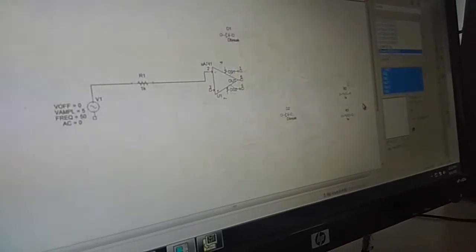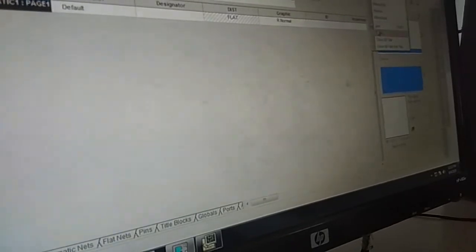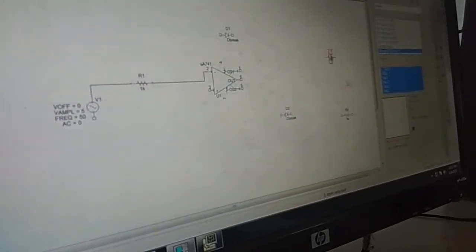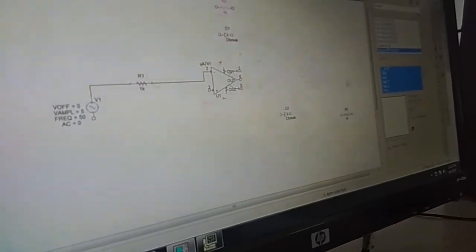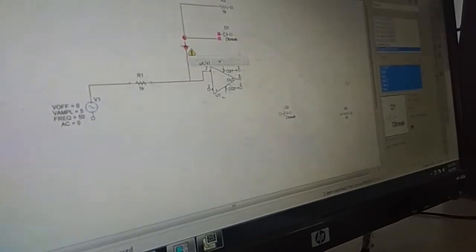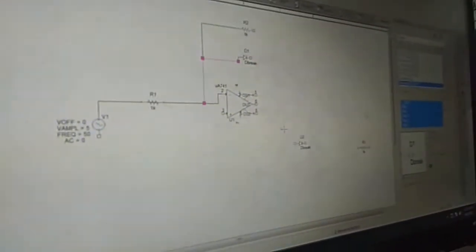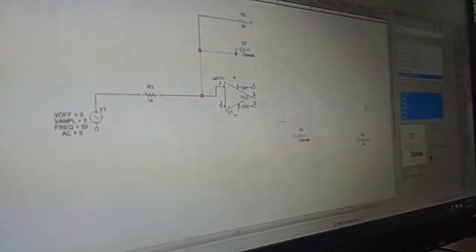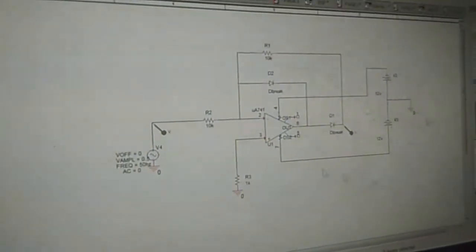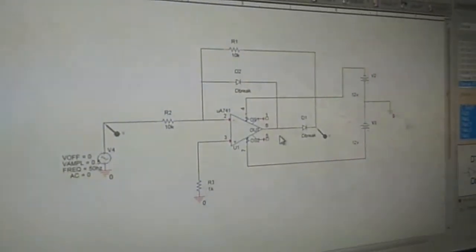We will place this above this diode here. And we require one wire to be shorted between these two terminals. We'll connect it to pin number 2. Again a diode is to be connected directly to the circuit from the output of this. Now we will rig up this circuit and complete it by following the circuit diagram, which can be used for execution of the circuit. Once we rig up the circuit, now we need to simulate it.